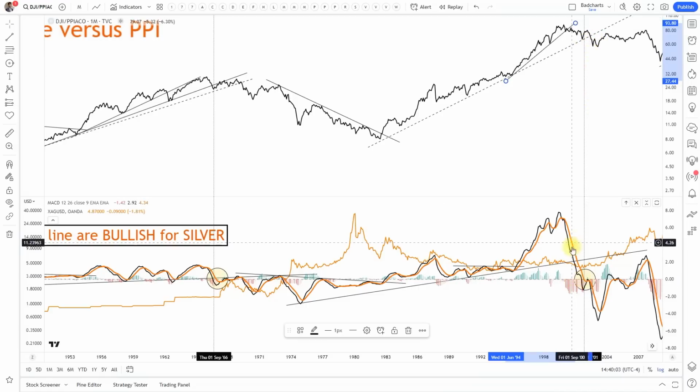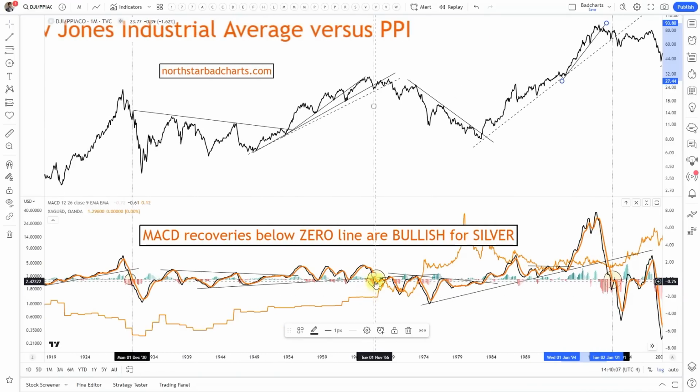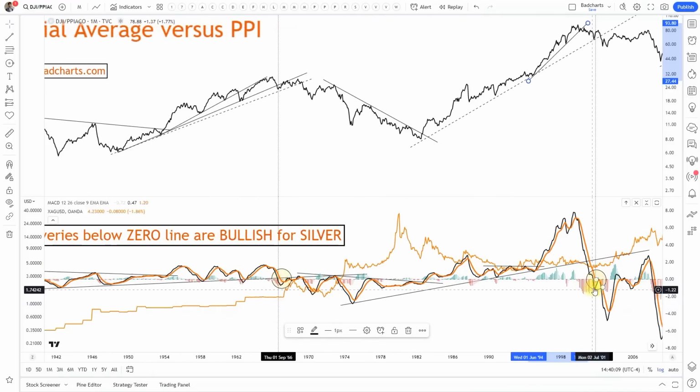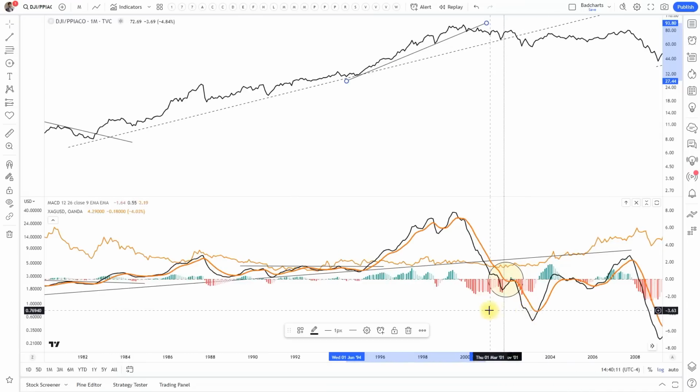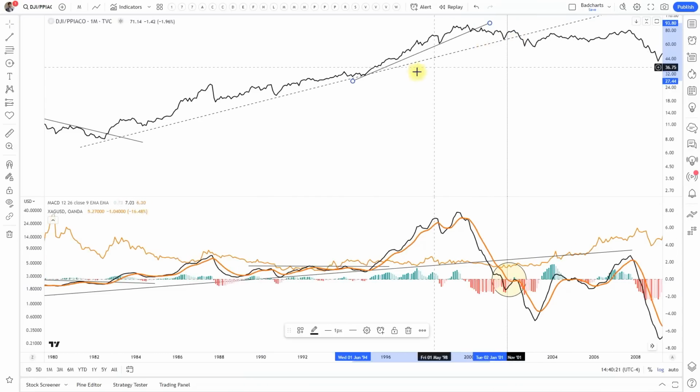Back below the zero line. So now this is the same situation we had back in 1931, back in 1966. Below zero, I'll zoom in here, below zero, back test, refuse to go back up. This is critical. So now it's really in a downtrend. And by that time, once MACD continues back down in 2002, now it's below